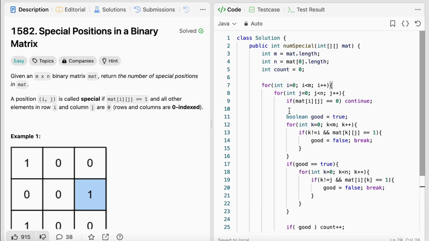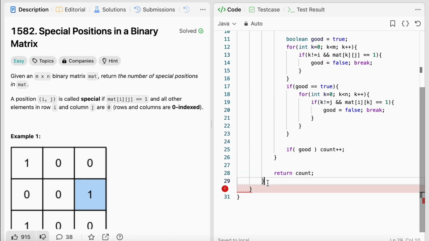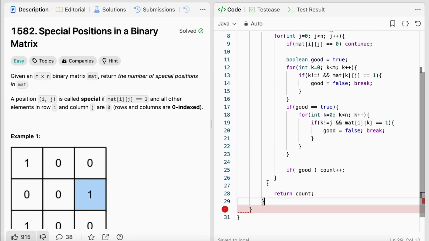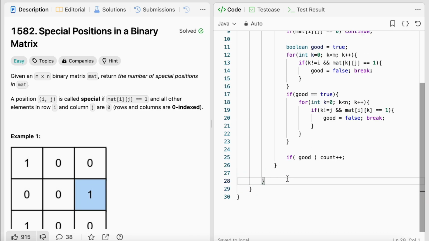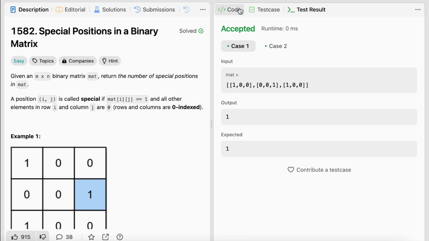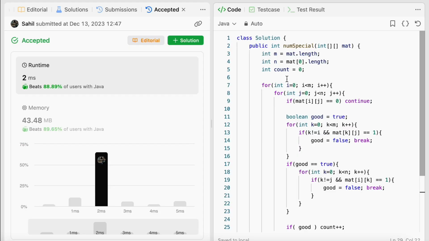Let's try to submit our sample test cases. There is one extra bracket, this is for 4. It should come after that. Sample test cases are passed, submitting the problem over this solution. Submitted successfully. And now we will check for the second approach where we were capturing the sum of each row